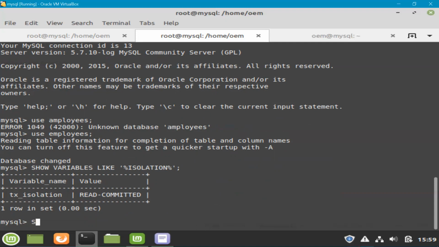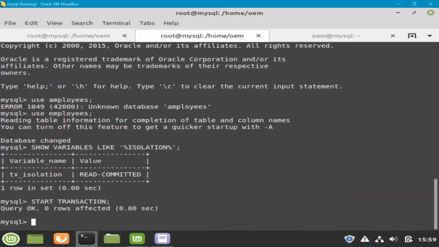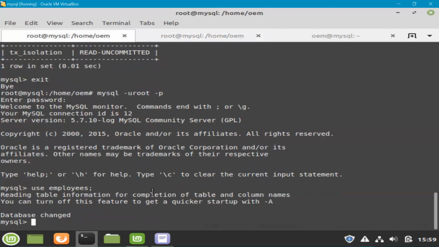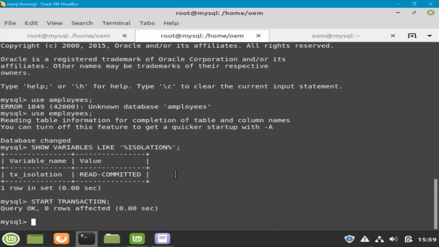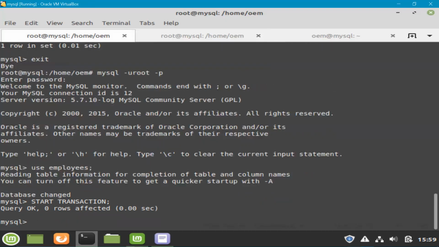Let me start a transaction here. The transaction is started. Here also I'm going to start a transaction and update the same record again. Before updating, let me select from here so that you will have the old value and new value both.